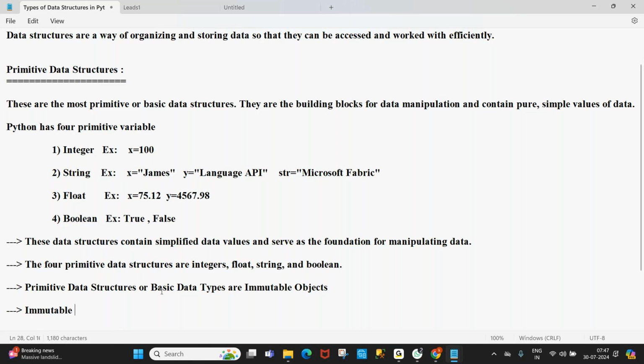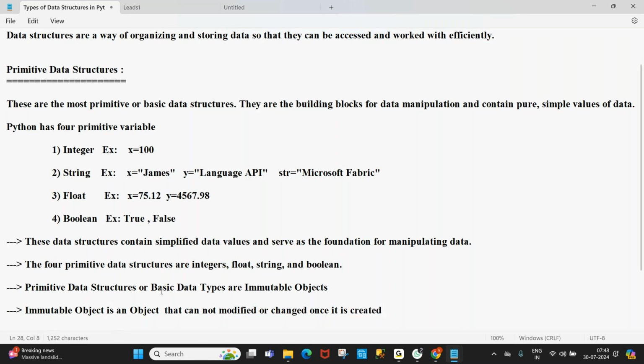An immutable object is an object that cannot be modified or changed once it is created.